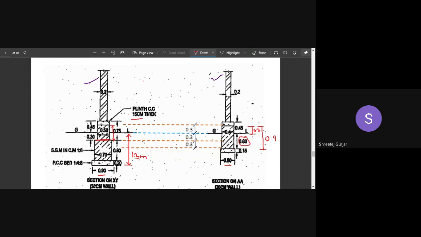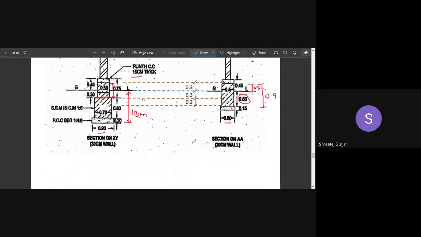Okay, so I've just given an overview of the cross sections, the quantities, the widths and their depths. Okay, so it is tricky when you come to the center line method. In the long wall, short wall method, it is a bit complicated, but not very difficult, but a bit tricky when you come to the center line method. Okay, so what we will do is we will move into calculation of your next thing.